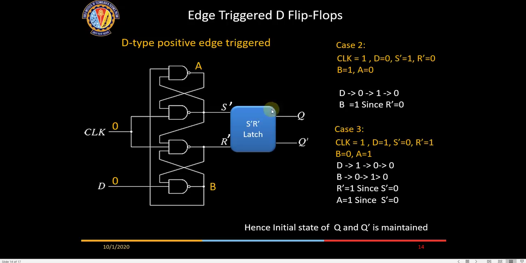What happens then? If you see, D has already been captured, that means it is 0 here, so it will be 0 here, it will be 1 here, and reset will be 0 here because it has already been captured, that data. So this will be 0 here and this will be 1 here. If that 0 is available here, then even if D changes, the change will not be reflected in B because it is already a 0 here from the reset bar. Is that aspect clear for case 2?